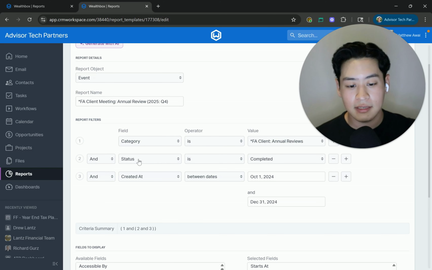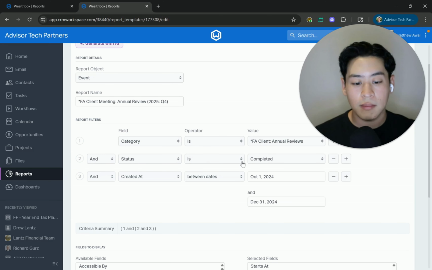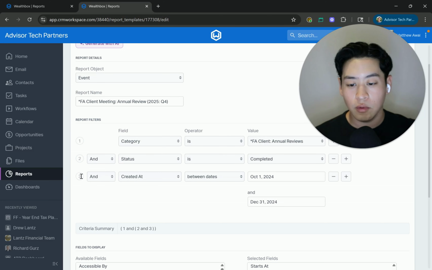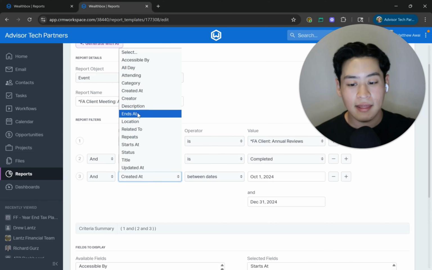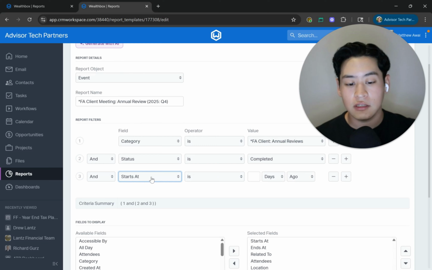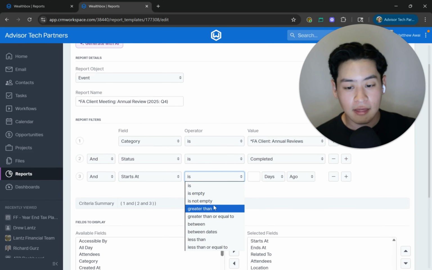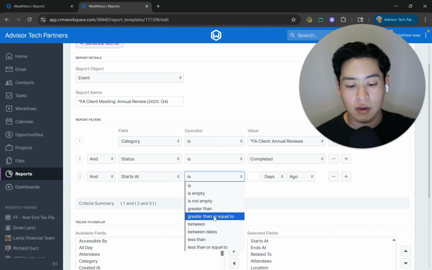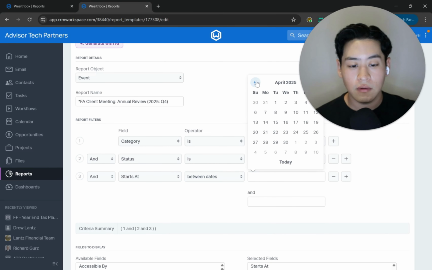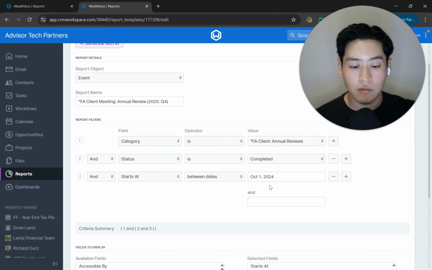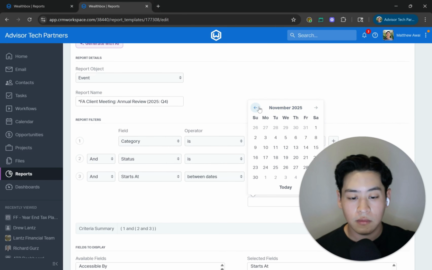And next we're going to say, and the status of this is completed. So we want to make sure that this was actually complete and this event happened. Next, we're going to go ahead and then show the "and" function here in our final report filter to say this event was created, or if you're looking to see when this was, you can say starts at. So we can change it to starts at. And then if you want to, again, show that this happened in between Q4 of 2025, we'll get very specific here and we'll show the in-between dates. We'll go ahead and filter back to Q4. So we'll go October 1st all the way over to December